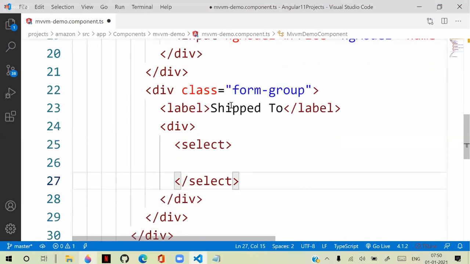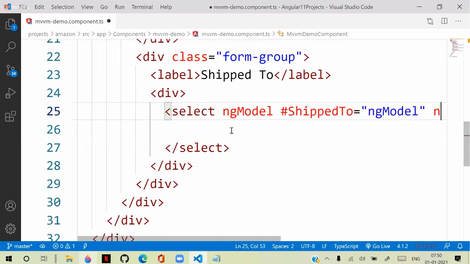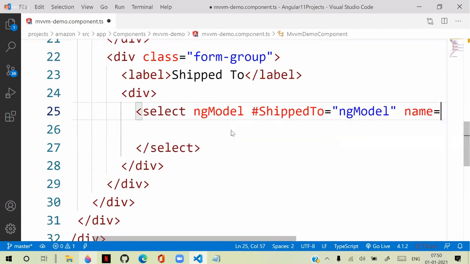That means select also should have ngModel and it should have a reference name hash. So shipTo is equal to ngModel, and it should have a name. So that is shipTo.